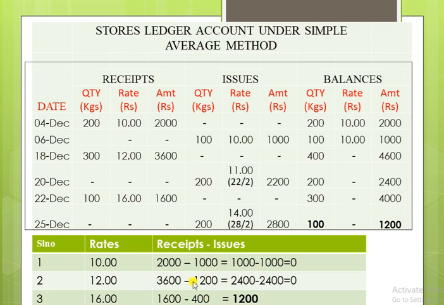So lastly, in this clarification or verification, we'll see. Now here I have already told that 2400 is left at the time of the 20th December issue. That is, we have already issued 1200. So in that, the remaining is 2400. Now here you have to issue 2800 amount. So for 2800 we have only 2400 at the rate of 12 rupees. So let us first issue this 2400 and make it 0. So now 2400 we have issued and it becomes 0. So now the next rate is the 16 rupees rate.